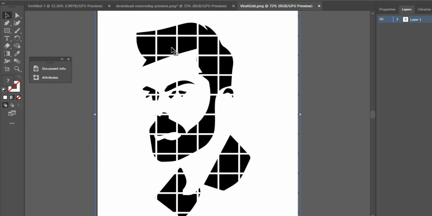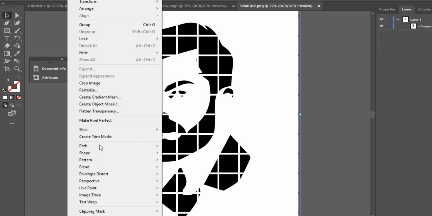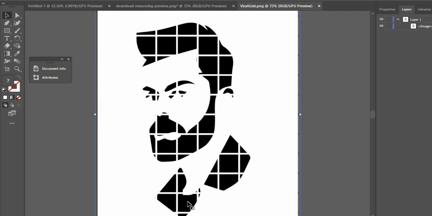Now I'm going to fetch the coordinates of it. So after loading the saved image where it has multiple grids, click on Object, Image Trace, click on Make and Expand.